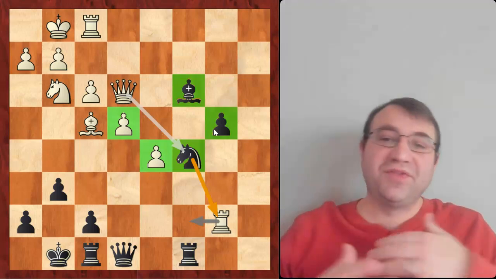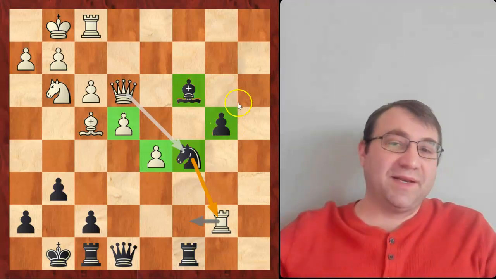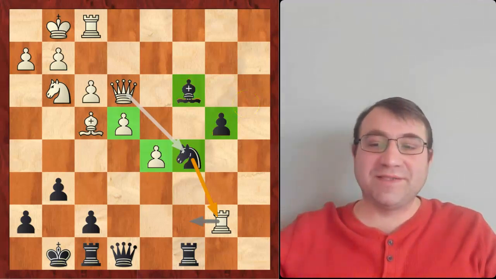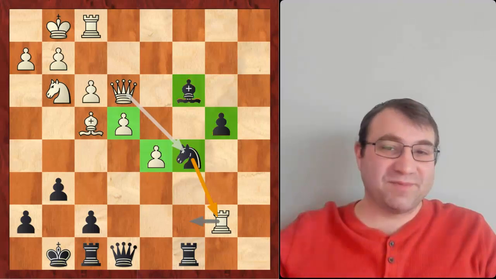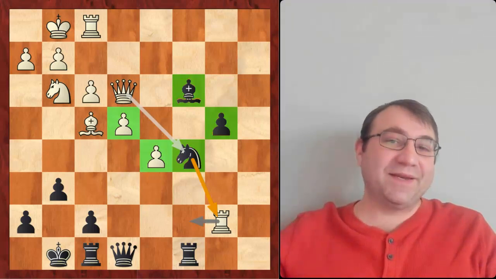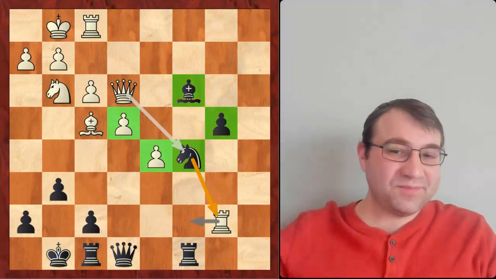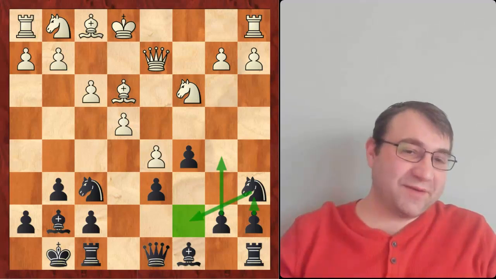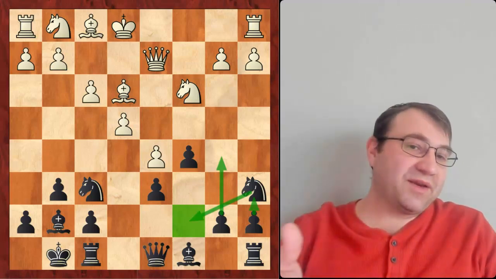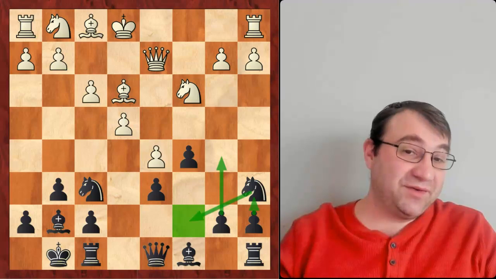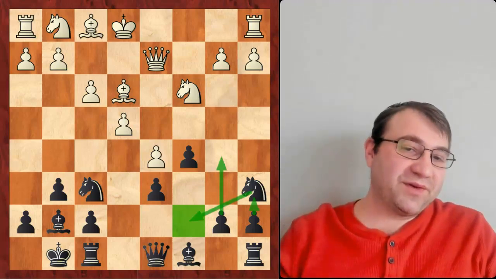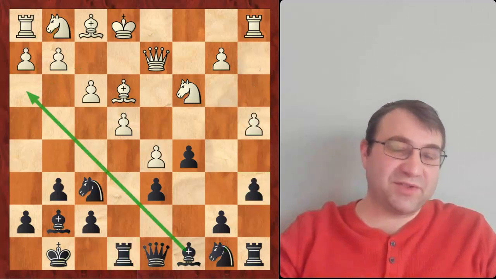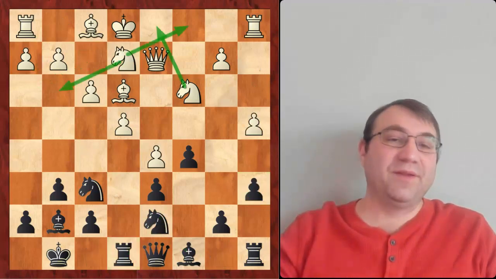So anyways, those are some of the deeper lines and the main line of the Sämisch, where you go into those main line Benoni variations, and you need that deeper preparation and that computer preparation, maybe if you're playing against a really good opponent. And again, I only focused on these lines where you play knight a6 and you retreat your knight to c7, because I honestly think if you have this in your repertoire, this is the only line you need. You're going to end up getting your play on the queenside no matter what, and you don't need to go through memorizing all of the insane complications of all of the different ways that white